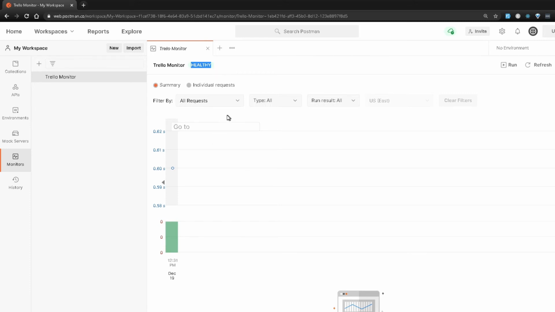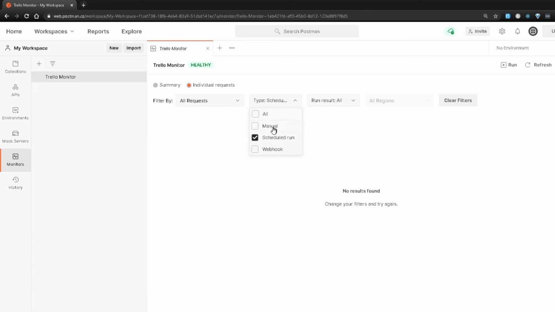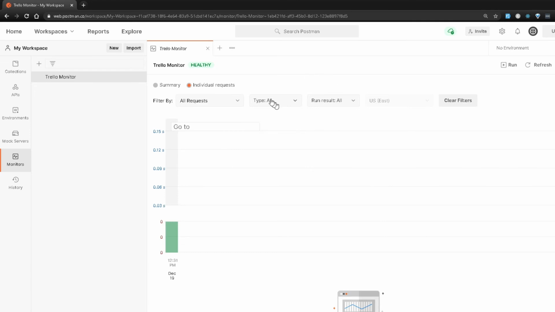Now they have some other cool options too, which I won't get into in too much detail, but basically you can see the reports for individual results. You can see which type you're actually running it in. This one I was running manually, so I can see it showing up for manual. But if I change this to, let's say, scheduled run, remove that, then it would say that there is no scheduled run at the moment. Then we also have an option for the webhook, which we will look into later on. Then for the results, we can check all the successful, failure, error, and the ones that have been aborted. So that's fine. There's nothing different over here, and you can probably play around with all these different features.